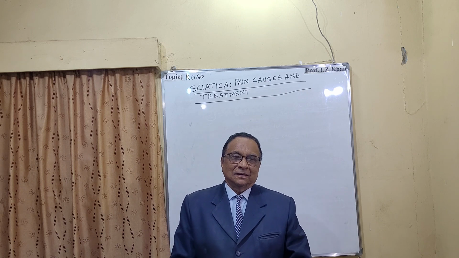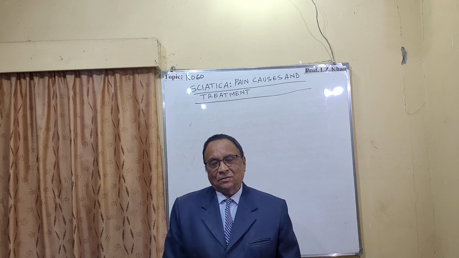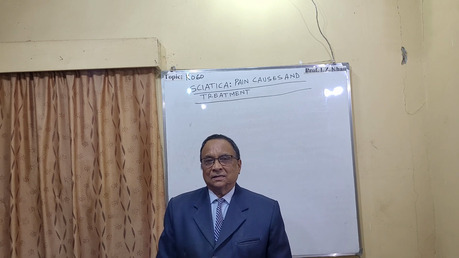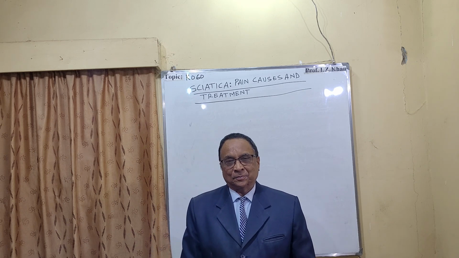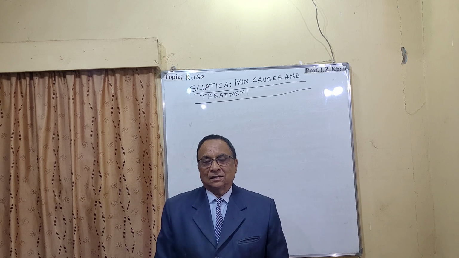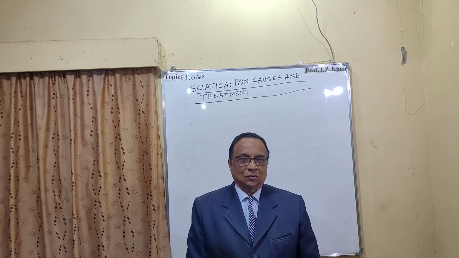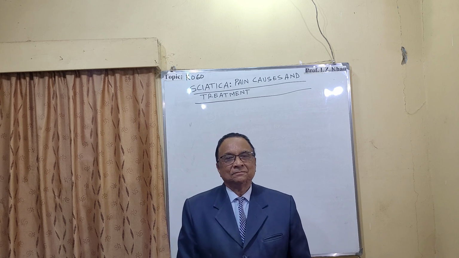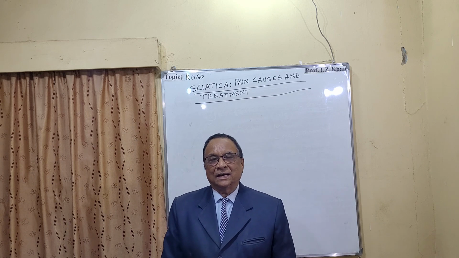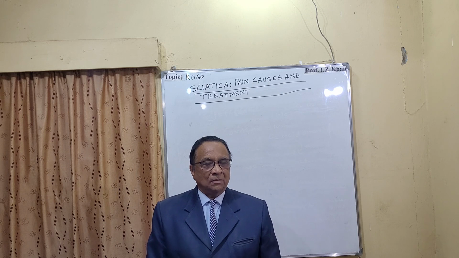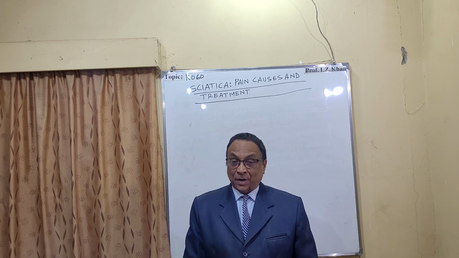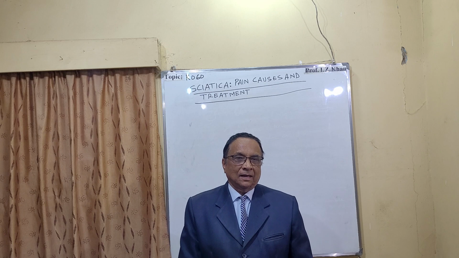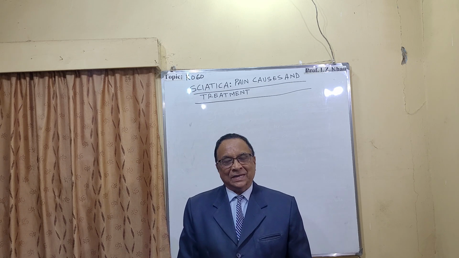from the lumbar 5 vertebral column, because our vertebral column is numbered, from neck up to the last bone. The first group, they are called cervical, that is C1 to C7, then thoracic, and after that, it is called lumbar. So mostly the problem comes between lumbar 4 and lumbar 5, and in between these two